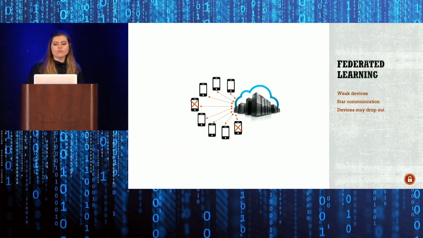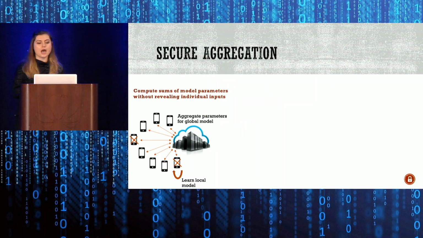So next, let's move to the other scenario that I described to you, which is federated learning, where we have this stark asymmetry in communication, with one powerful device and then weak devices. So in this setting, one application scenario is secure aggregation, where the goal is to have each of the devices